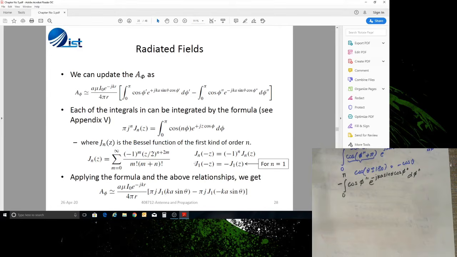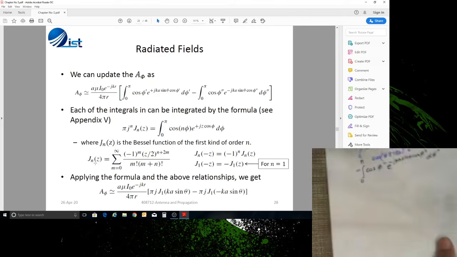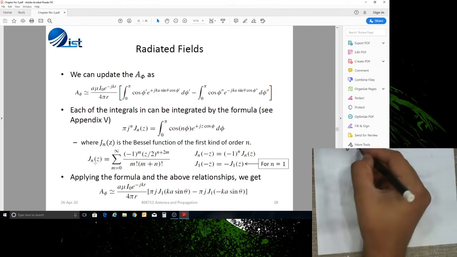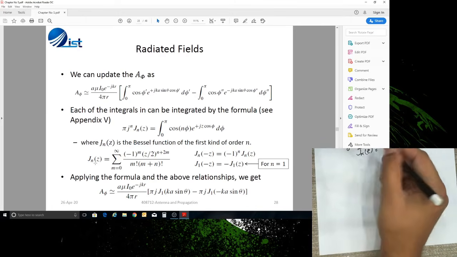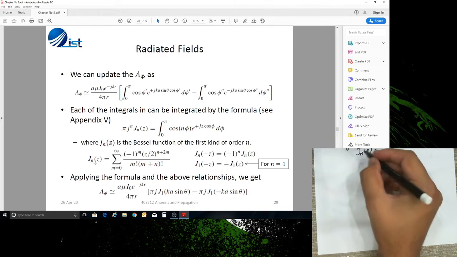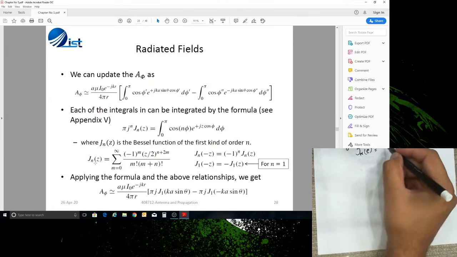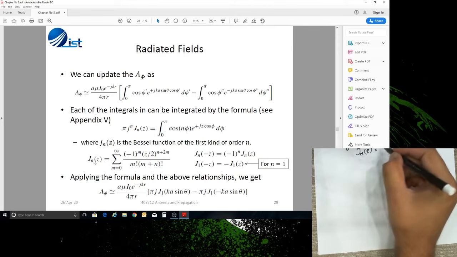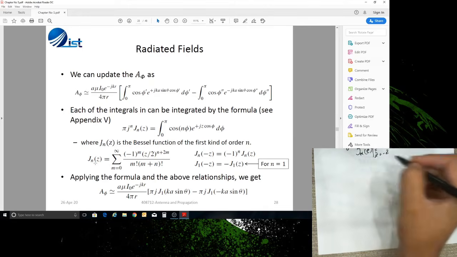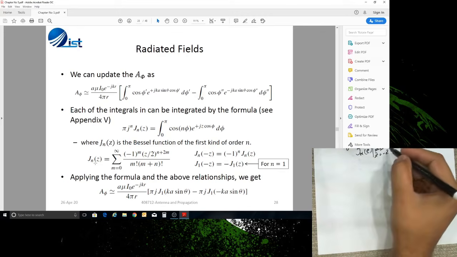So अब इस particular case में अगर आप Jn of minus z को देखें, so this is a special case which we are going to apply later on as well. और वो case क्या है कि Jn of z, let me just write it down, जो ये Jn of z है, ये आपके पास एक बड़ी सी एक्सप्रेशन दी हुई है. अगर आप इस बड़ी सी एक्सप्रेशन के अंदर Jn of z की जगह आप minus z सब्स्टिट्यूट कर दें, so in this particular case you put z is equal to minus z, तो आपके पास ये जो एक्सप्रेशन आएगी,